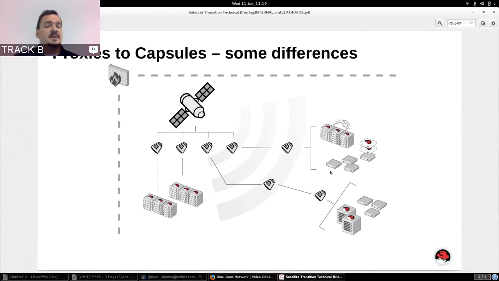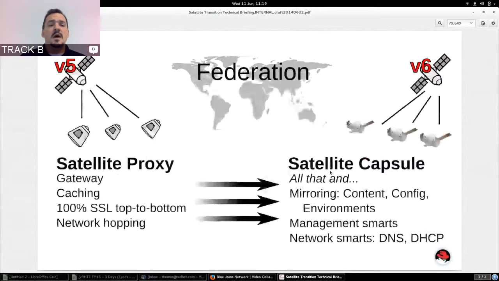In Satellite 6, the capsules actually do have some logic built into them. So as an example, in Satellite 5, the satellite proxy really just does gateway services between a local subnet and the upstream satellite server. It does some caching of packages to reduce bandwidth,